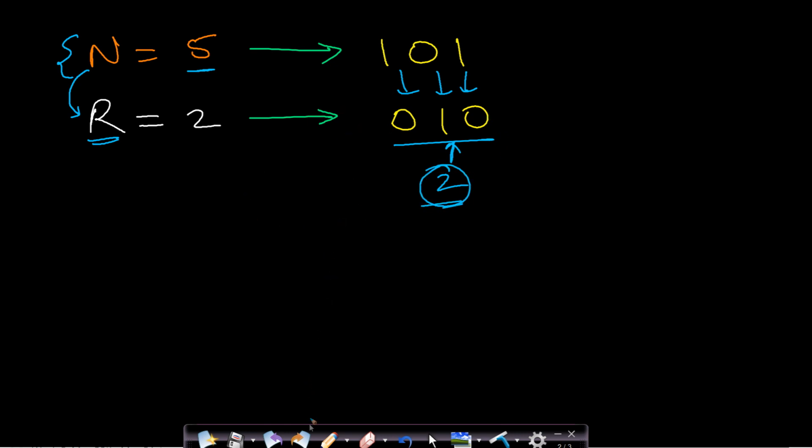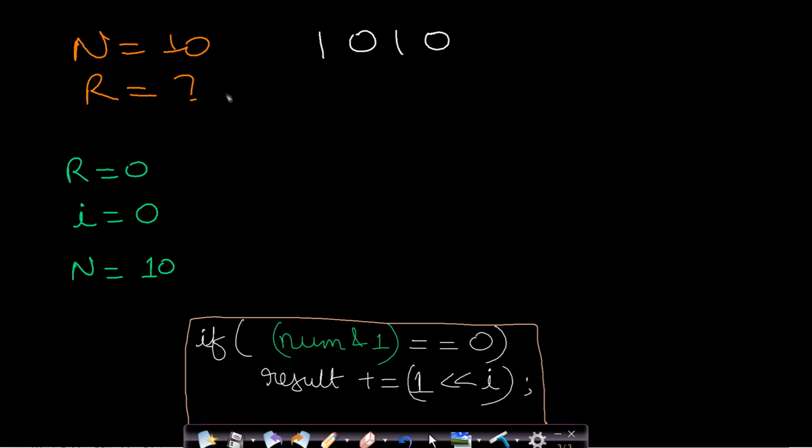It sounds very simple. So let us look at a specific method to solve it. There can be many other methods as well. So let's say our n value is equal to 10 initially, and we need to find the complement of this number and store it in R. For solving this problem, we will take three variables: R, which will be equal to 0 initially, I, which will keep track of which bit we are actually processing, and n, which is the number given in the function. Now let us see how we can process this.